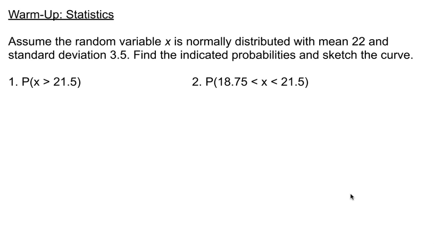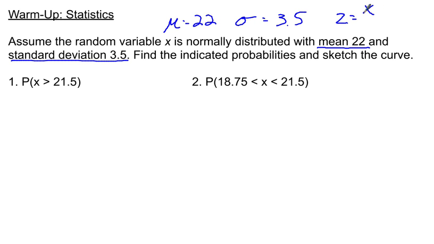So in the problems that we're given, we have a mean of 22 and a standard deviation of 3.5. And now we're going to need to standardize these scores using our z-score formula, which is our data value minus the mean divided by the standard deviation. So with the first problem, if I wanted to sketch the curve for this real quick,